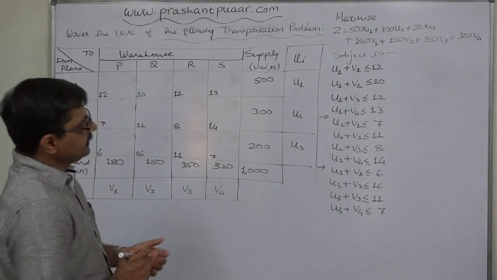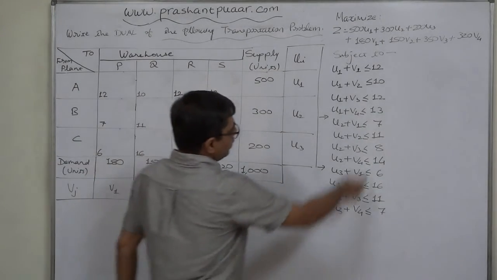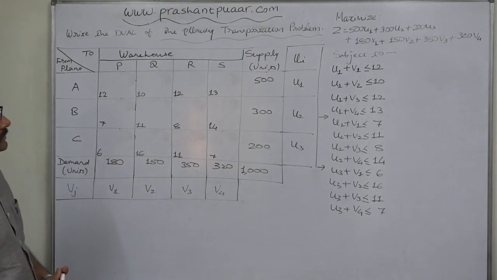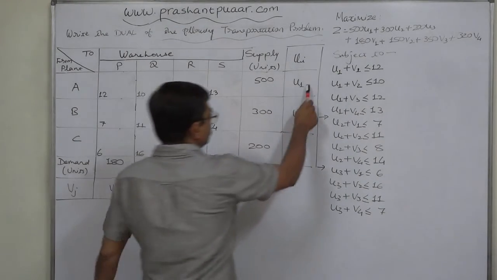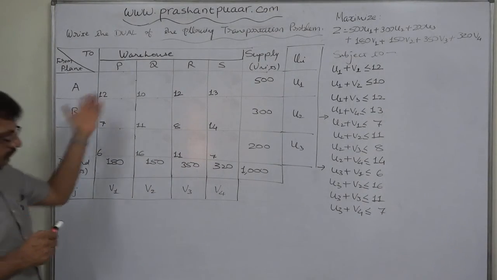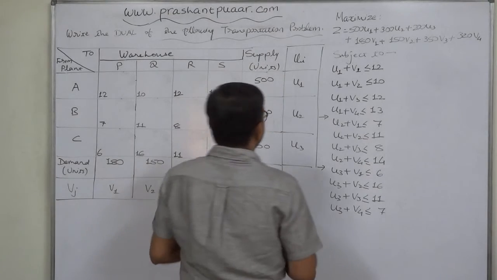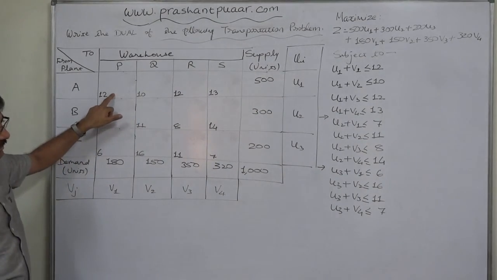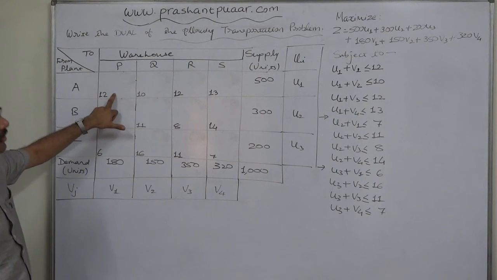This is a minimization case. Less than or equal to signs are relevant to minimization. Moreover, this is the shadow price. U and V are the shadow prices of the units, and they can never go beyond the cost per unit. It will be less than or equal to 12